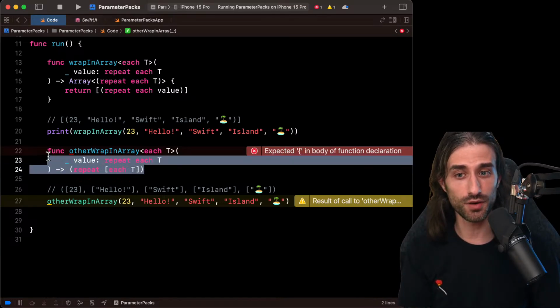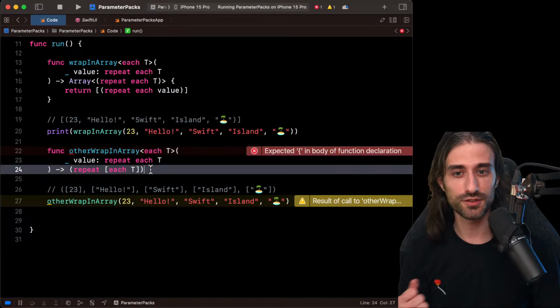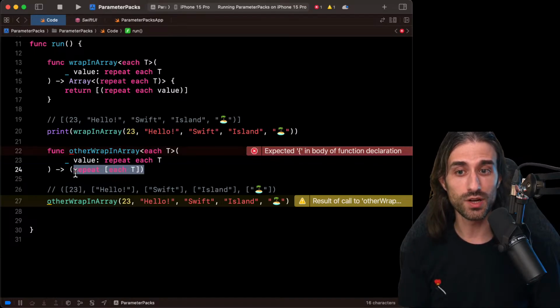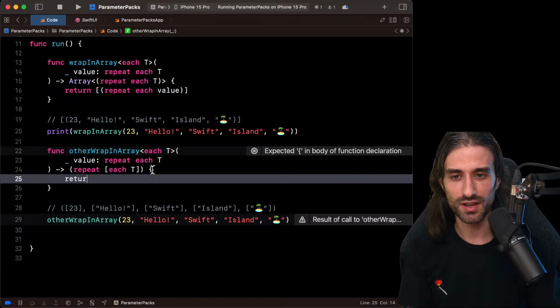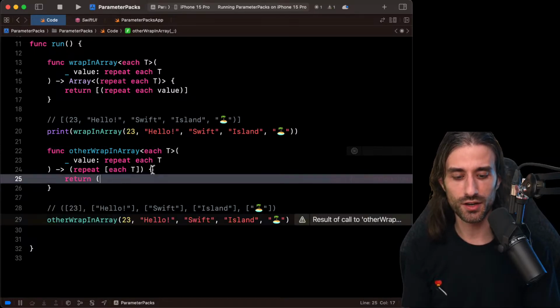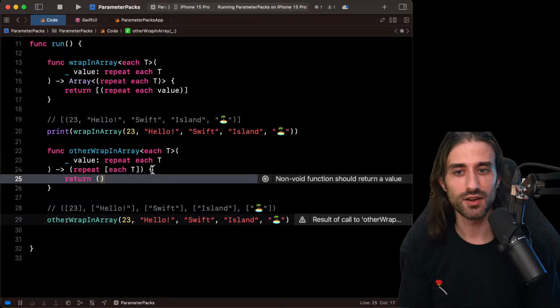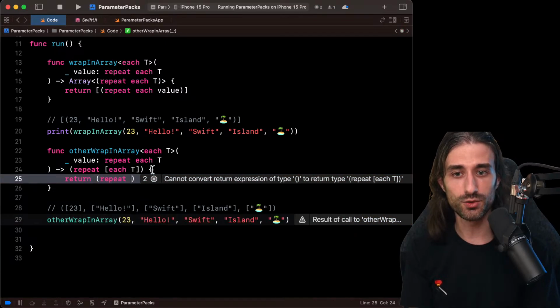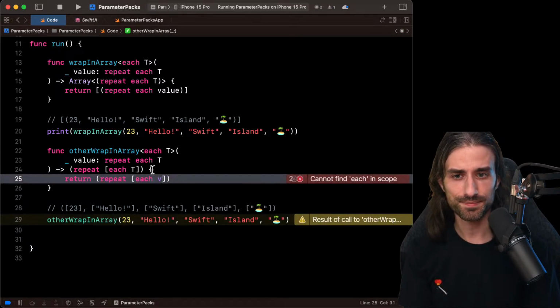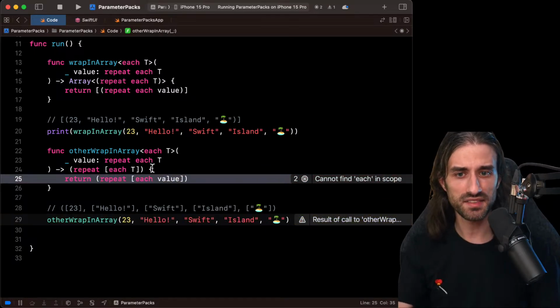And so we've defined the signature of the function. And remember what I said, most of the time, the implementation of the function will be just a mirror of the way we implemented, or rather we declared, the return type. So let's see if it's still true. So we want to return something. We want to return a tuple that contains arrays, each array containing the values passed as an argument. So it seems that indeed we need to do repeat. And then we're going to repeat to produce arrays. And each array is going to contain one of the values passed as an argument.